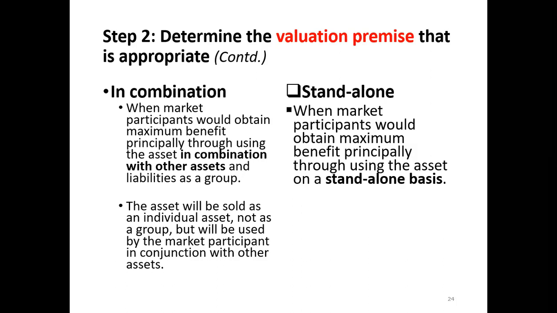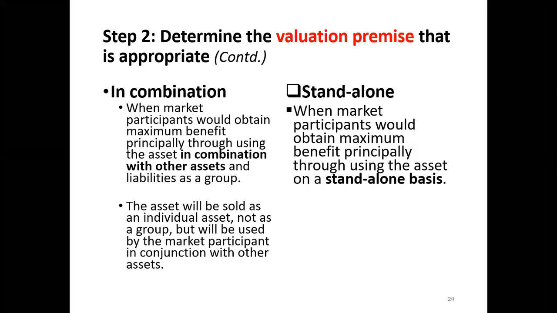In that sense, let's say that currently there's a factory located on a piece of land. So it means that the land is currently used for industrial purposes. But the market would see an alternative. The market would perceive that if you use this land for residential purposes, that is where they can obtain the maximum benefit. If the market thinks like that, then the benefit they are thinking of mainly comes from the land alone, not in combination.